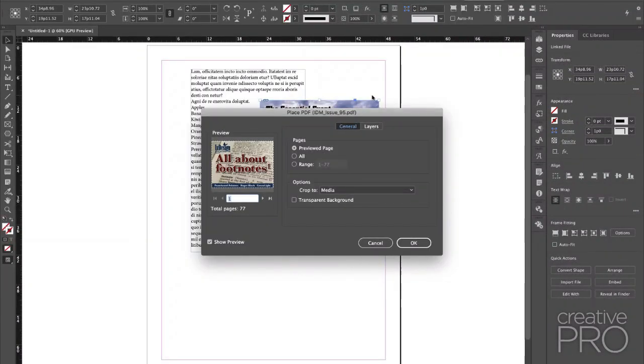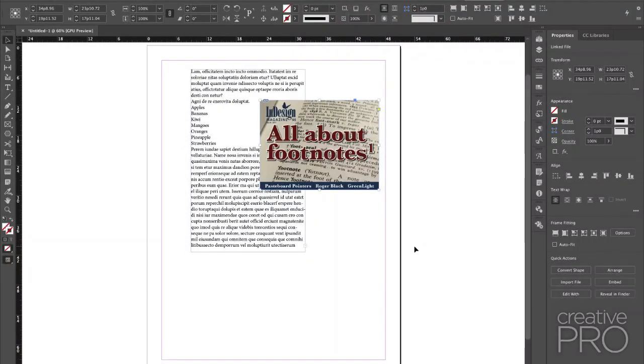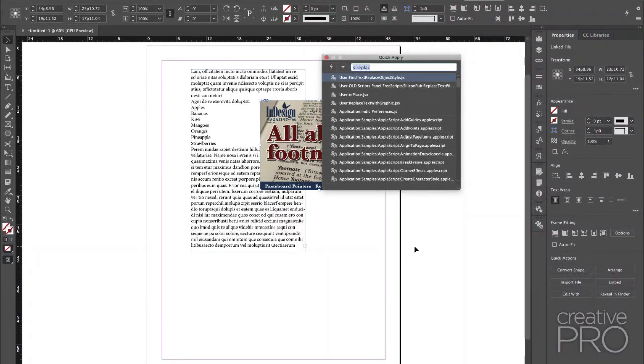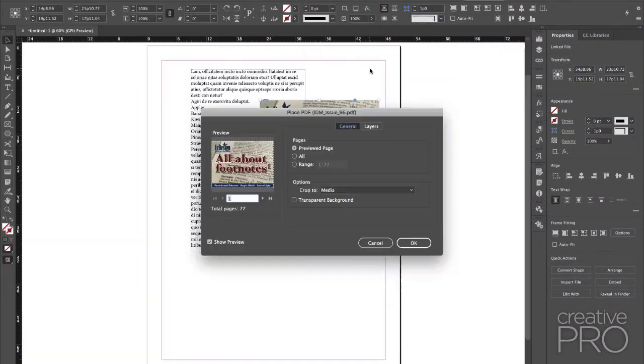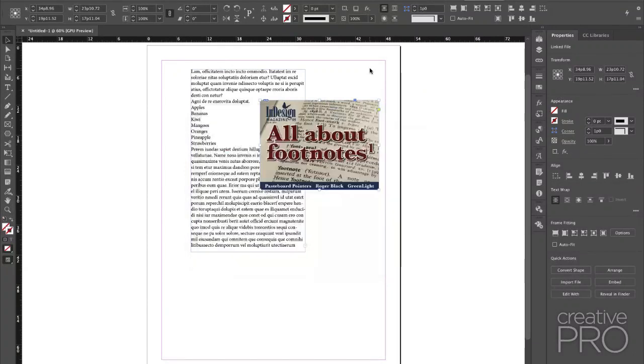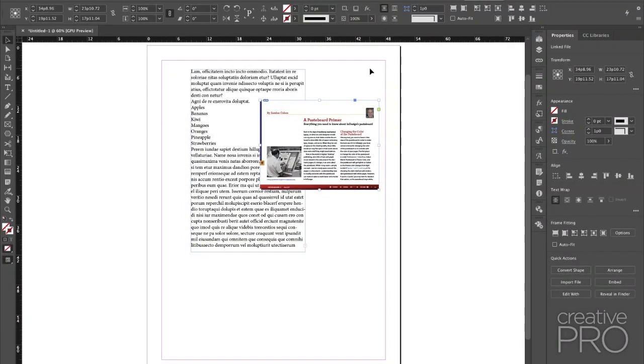And when you run that, just by clicking on it or hitting the return key, up comes the Place dialog box again, and now I can say what page I want, hit open, and it replaces it. Let's try it again. Command Return or Control Enter on Windows. It's already found the script I want. Go down there, hit return, and now I can say I want page 24. Boom, and it's done. So it's a very easy way to run scripts using Quick Apply, and that Replace script is phenomenally helpful. I love that one.